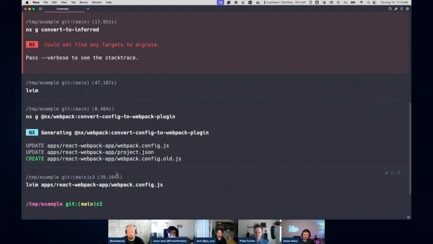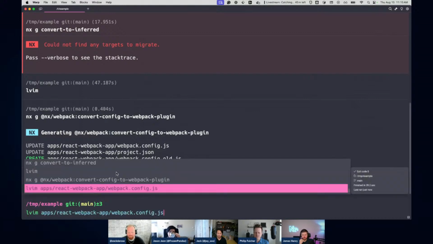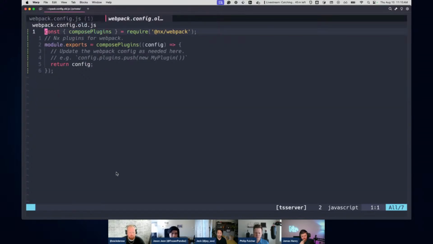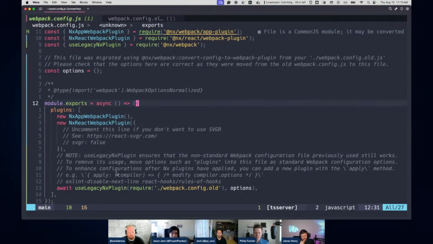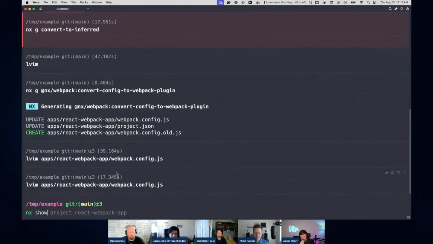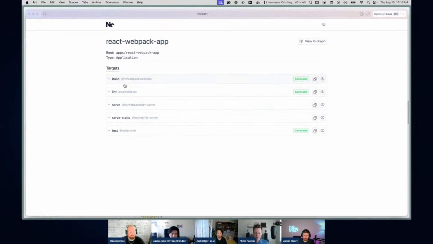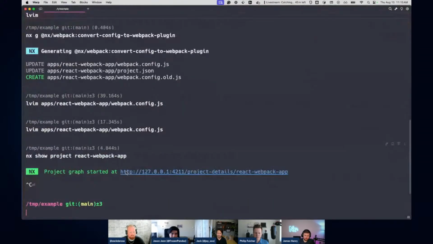I won't go into it too much more, but you should read the different comments that we sprinkle into the new config file just to make sure you understand what's going on. There might be follow-up actions, for example, eventually I think you want to remove this file and just start porting things into the more standard config. But now that it's converted, let's take a look at what it looks like. Oh, I didn't convert it. Sorry, I need to run it again.